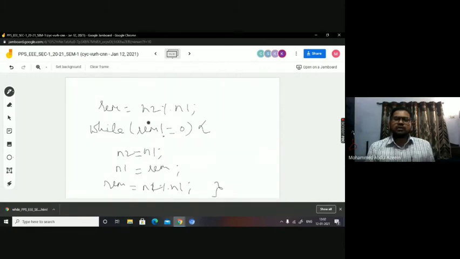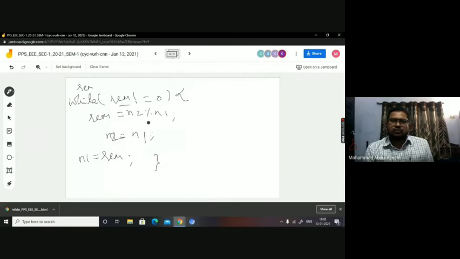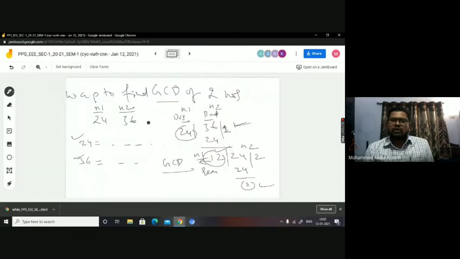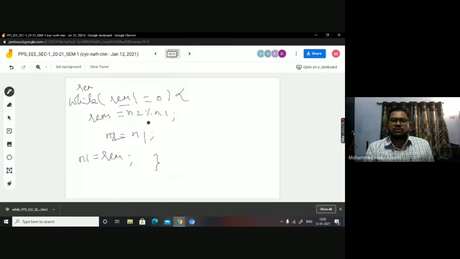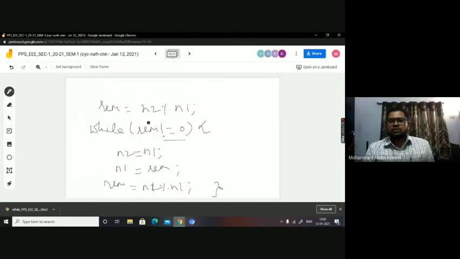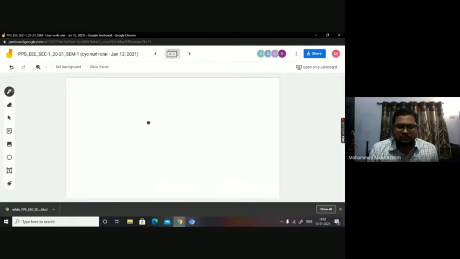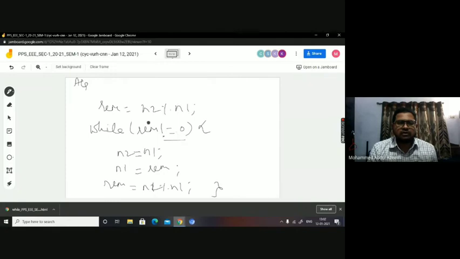Then terminate the while loop. So when I repeat this, how long? Until remainder equal to 0. When do I get remainder 0? In the last division, right? Where I could find the GCD in n1. So what will be my GCD value when the remainder is 0? n1. So the result, the GCD, is n1. Okay, so this is going to be the result. So print GCD. You can now complete the algorithm here.